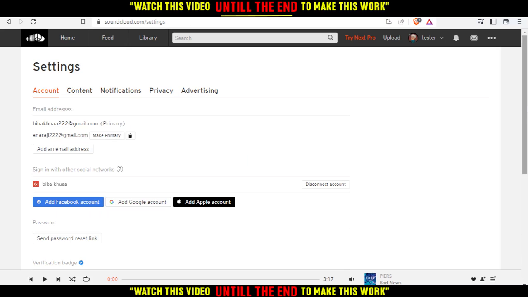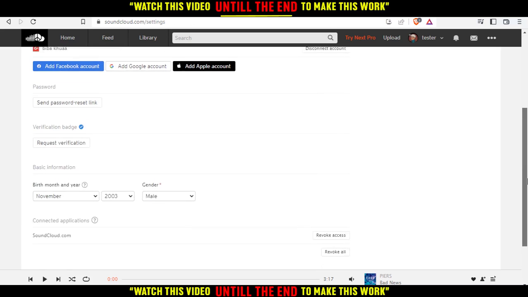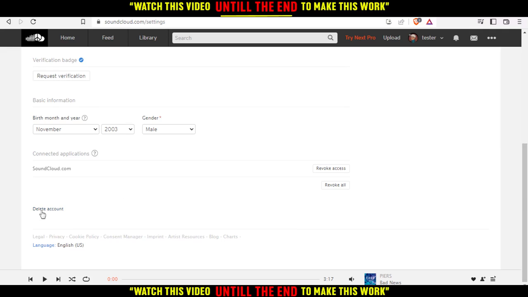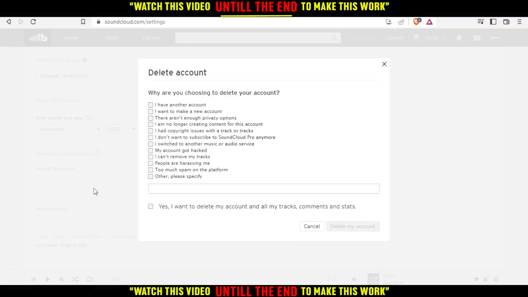When you are in the account option, just go and scroll down a bit and you will have this option, which is delete account. If you click on that, and you want to tell them the reason why you are deleting your account, tell them. If you don't want to, just click at other. Tell them nothing,